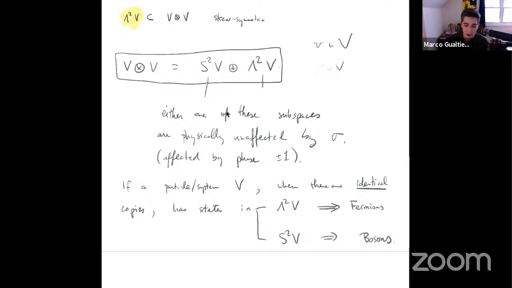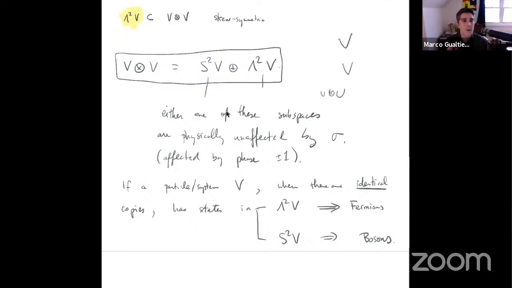Mathematically, in our mathematical model, of course, you could just say, okay, I have one system, V. I have another system, which is going to be in the same vector space, V, a copy of V. So there's an intrinsic identification between them somehow. And then I'm just going to consider states of the form V tensor V. So you could build these states in the mathematical model, no problem.